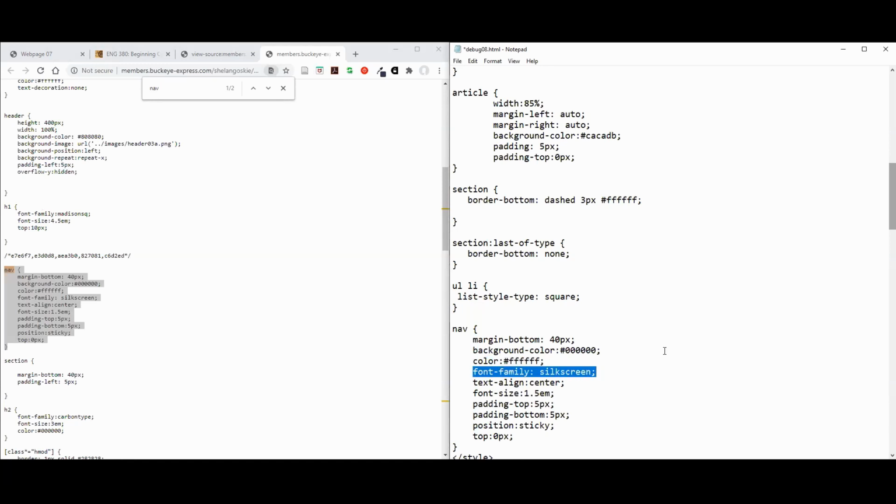Font family, that just changes what the font looks like, and that looks like some fancy font that we don't know if we have that or not. So I'm just going to get rid of that. Text align center, we know what that does. Font size, we know what that does. Padding at the top and bottom, that just creates a little bit of extra space. We can account for all of this code,